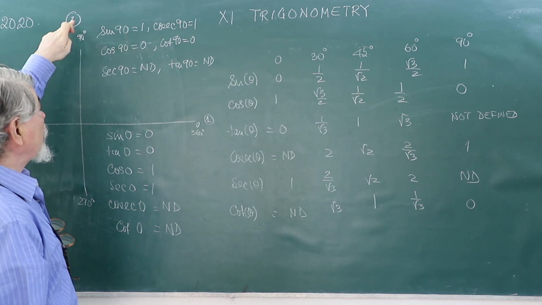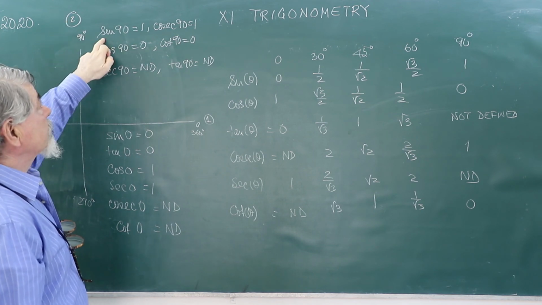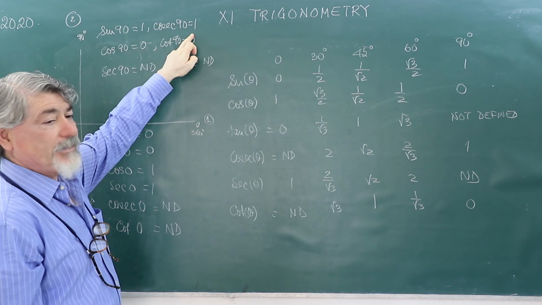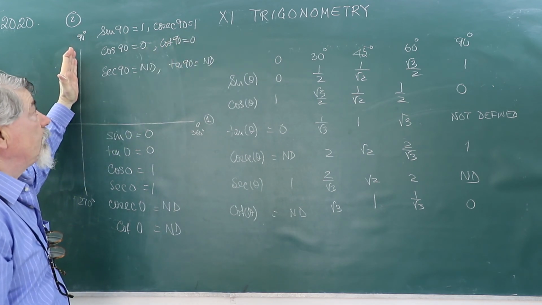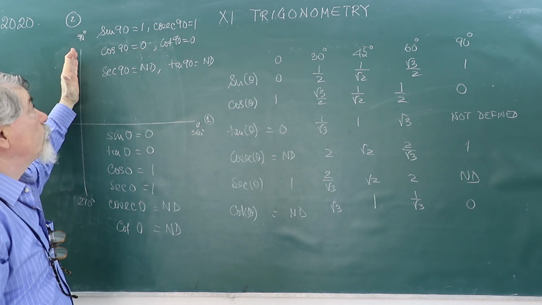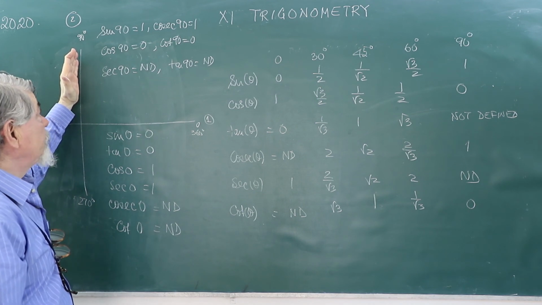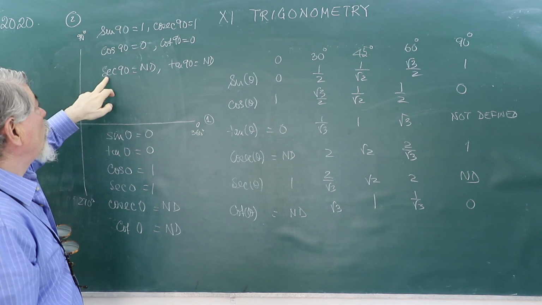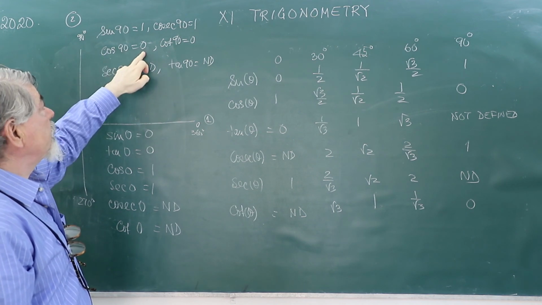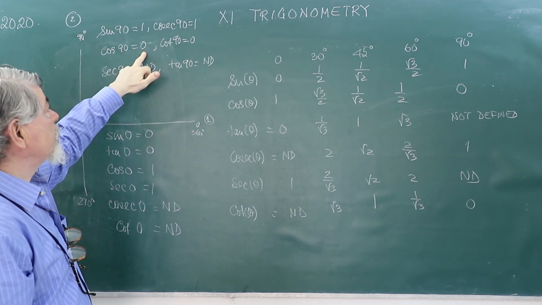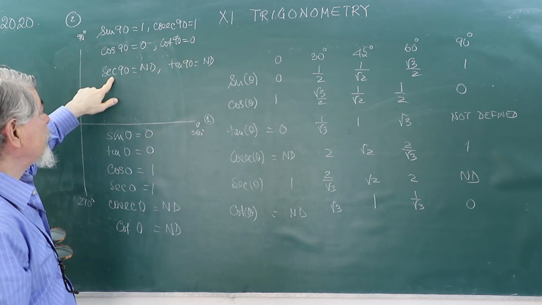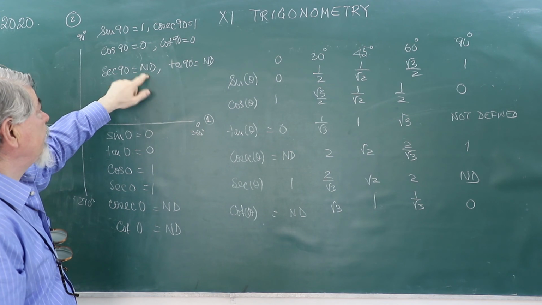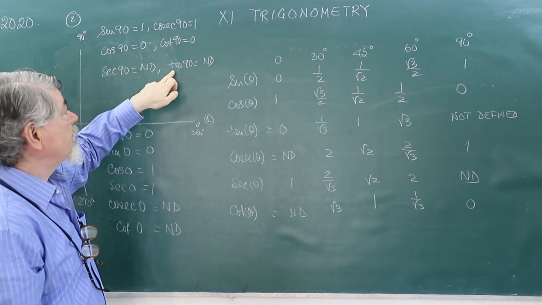Similarly along the 90 degree, sine 90 is 1, cosec 90 is 1, cos 90 is 0, cot 90 is 0. The reciprocal of cos is sec, so sec 90 is not defined, and the reciprocal of cot is tan, so tan 90 is